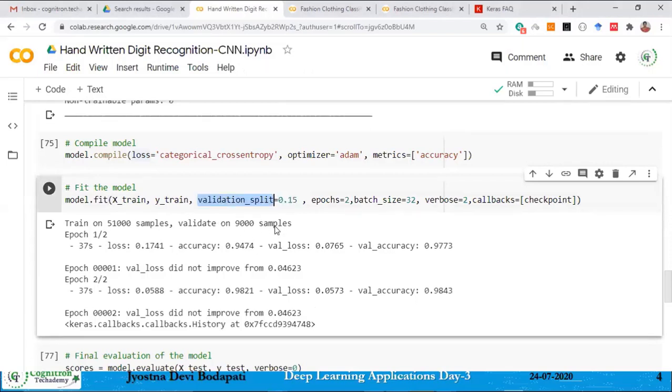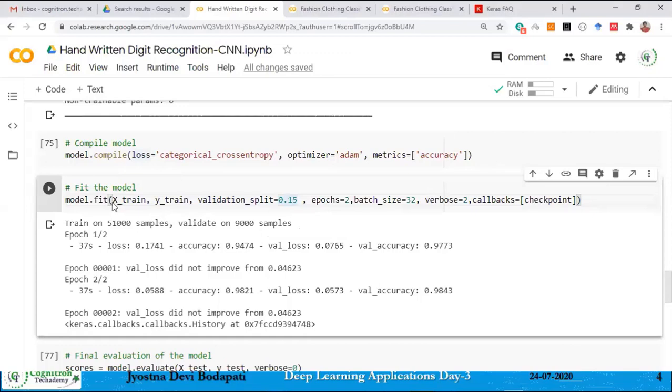Actually, the tool will take care of everything, but you need to understand why you need to do this. So you are preserving a certain portion of your training data. Here I am specifying 0.15. That means 15% of your data will be preserved for validation. So that data will not be shown to your model.